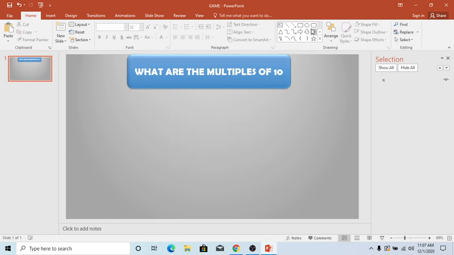So now I go to insert shapes again, the curved rectangle, I click on that, and then I draw a rectangle, of course, which is slightly smaller than the previous one, and then I click on the yellow button in order to make it more curvy. This shape is ready.